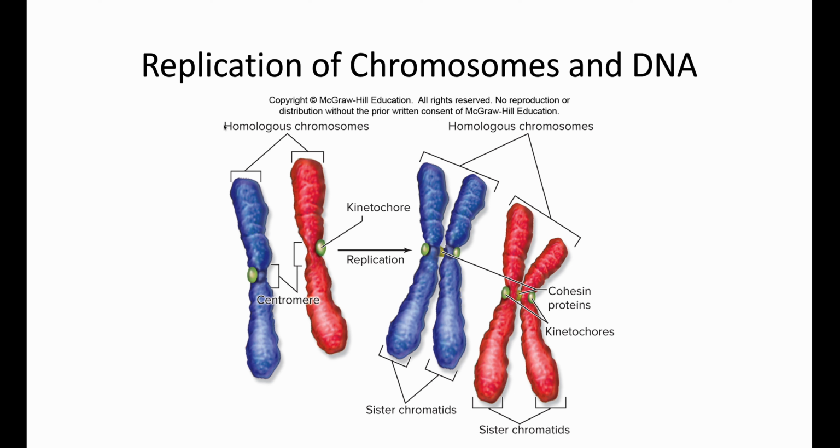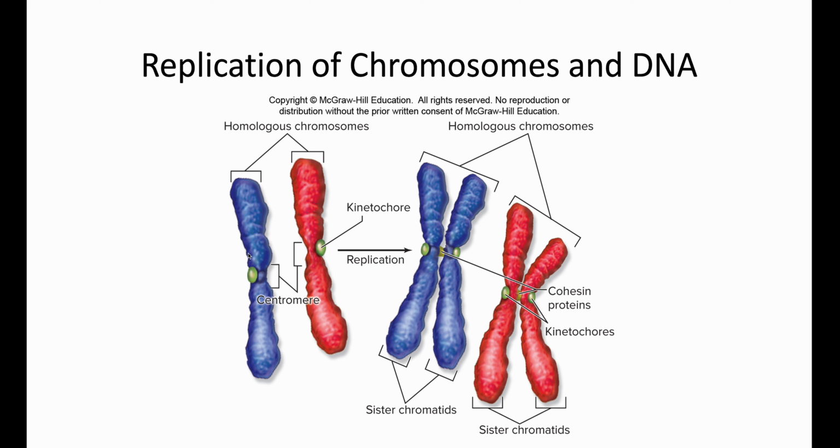But the terminology of chromosomes is sometimes confusing to students, so I just want to go through that first. When we talk about homologous chromosomes, we're talking about two chromosomes of the same type. So you have a blue chromosome and a red chromosome, but you see that they're both the same length. They have the kinetochore in the same place, the centromere is in the same place, and so along the length